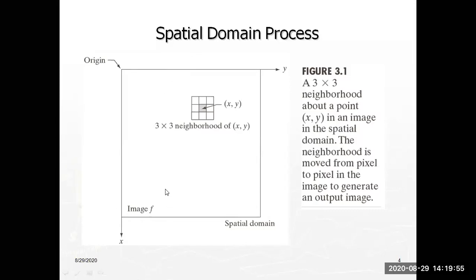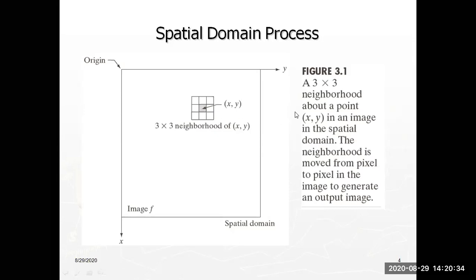In this image, I am considering my neighborhood or set. So what is this? This is S suffix x,y. You might remember that S suffix x,y is a subset. I am not considering the entire image. Suppose I want to replace this pixel value with the neighborhood. This is a 3 by 3 neighborhood, so how many pixel values are in this set? Total 3, 3, 3. If you take the average value, that average value will be replaced with this center pixel value.